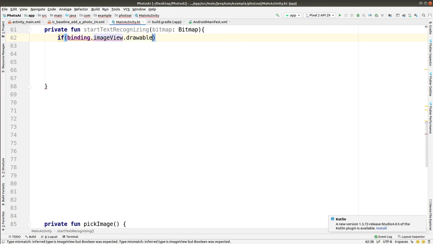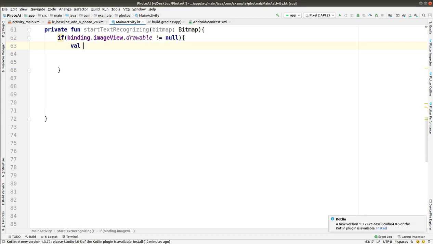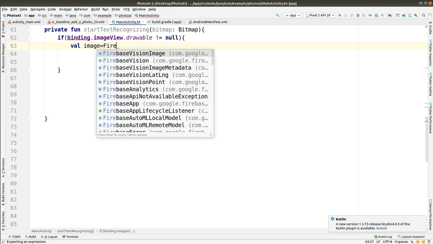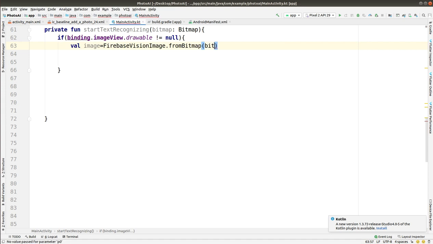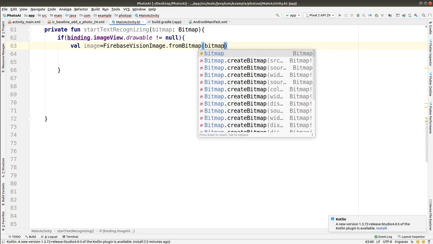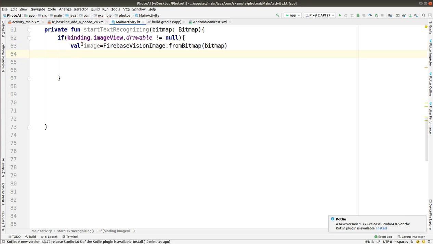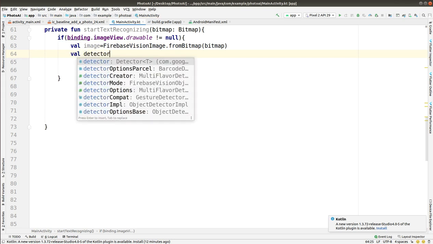And then we are checking if the binding dot image view dot drawable is not null. If we have selected the image in the image view, then we are making a variable called image and getting the image from bitmap using Firebase Vision image.